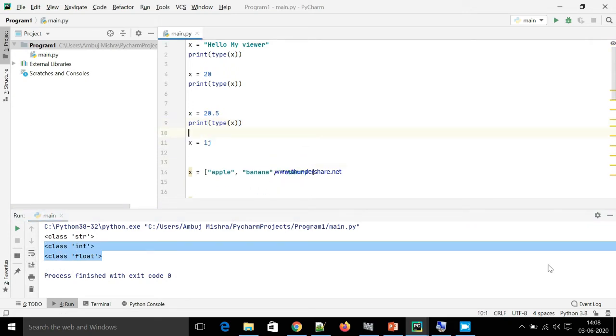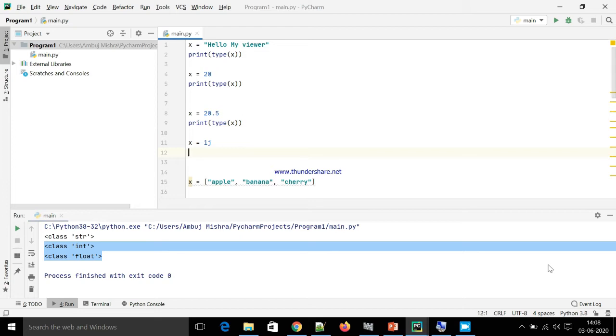Any guesses which data type this variable is? If you remember, in maths we have already studied the chapter complex numbers. If there is a number, there are two parts. One is the real part and the second one is the imaginary part.